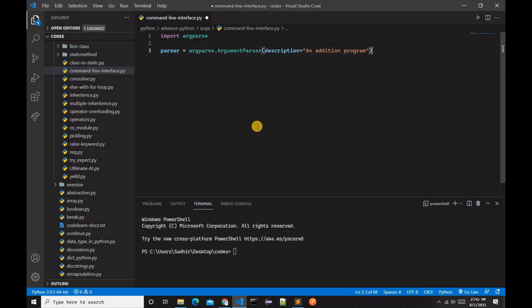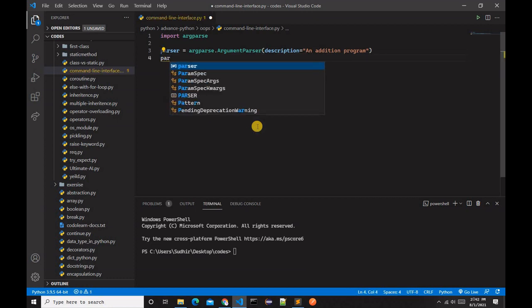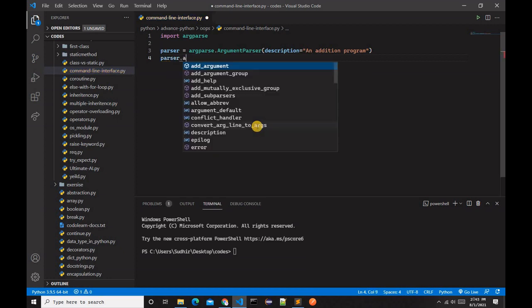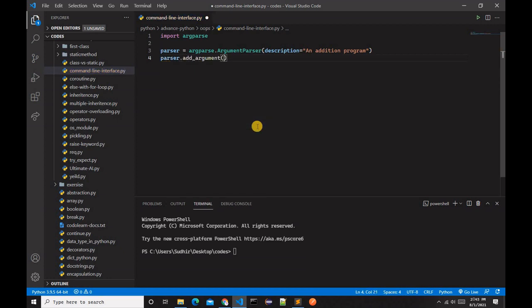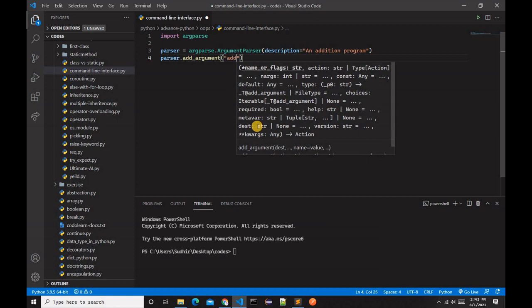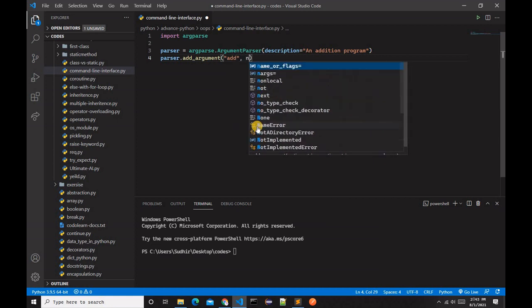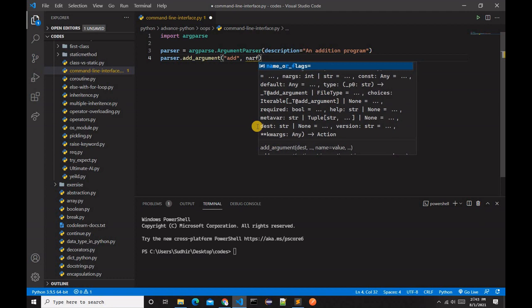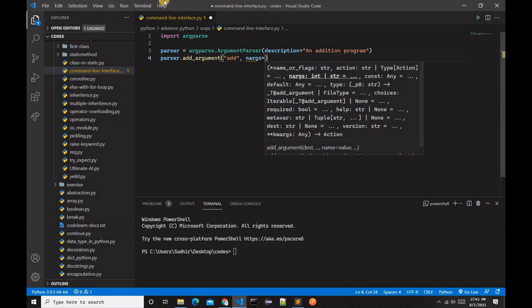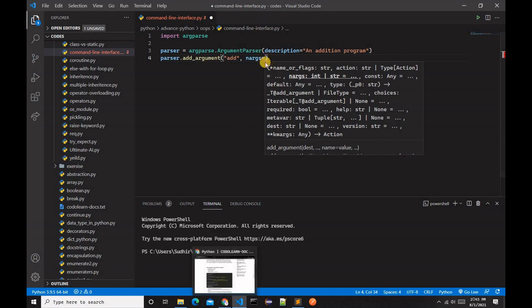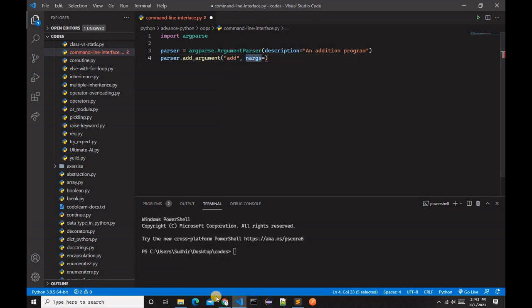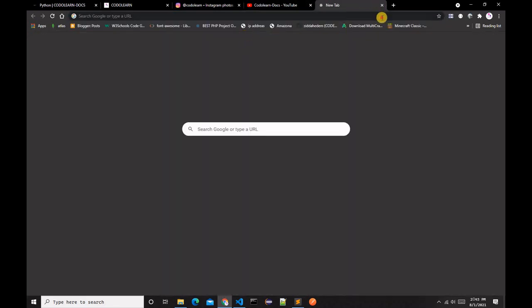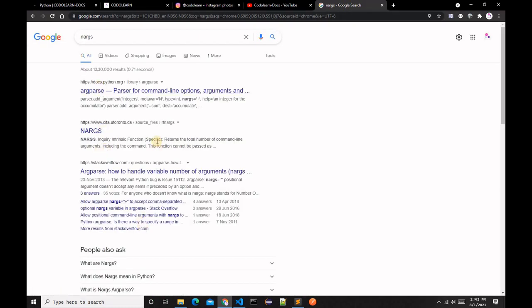Then guys, we have to type parser.add_argument, and we have to type add and then nargs, which is name or flags. If you want detailed information about this, you can simply search it on Google, and you can read about it on Wikipedia or other websites.